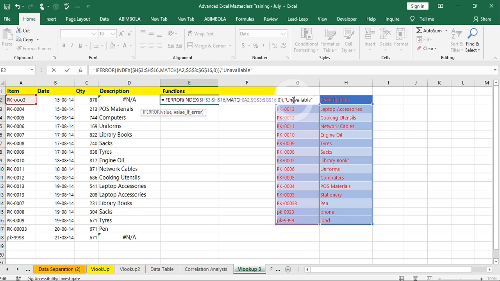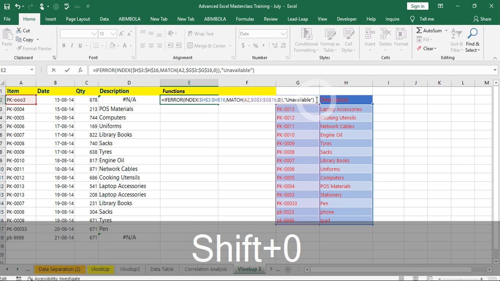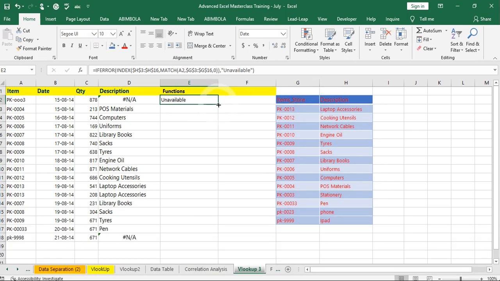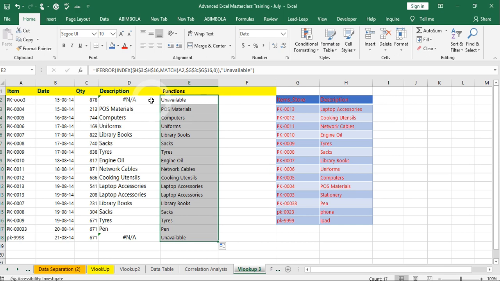So I will close the last bracket for IFERROR, and I'll press enter. You can see it's showing me "unavailable", so I will autofill the formula. So instead of showing #N/A, it will show me "unavailable", because I've customized the text which I want Excel to return back if what we are looking for is not in